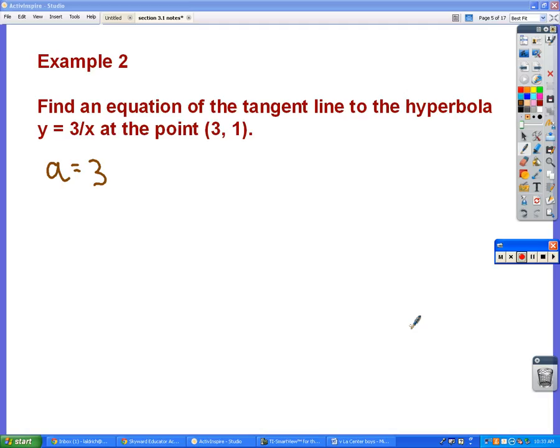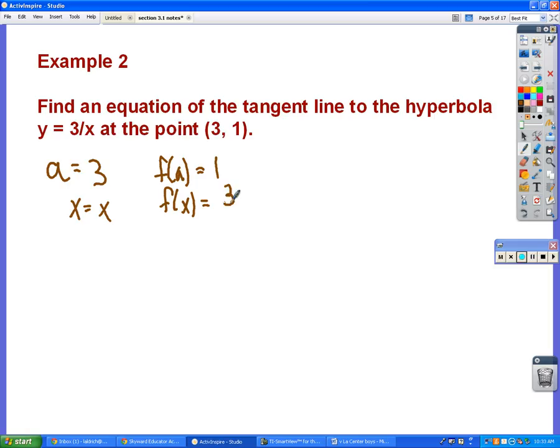Okay, so a is 3, because that's the x coordinate of the point, right? That is our x1. There is our... I don't know, because the formula has it as a instead. All right, and so that means that f of a is 1. And then for this one, we're using x is x. And f of x is